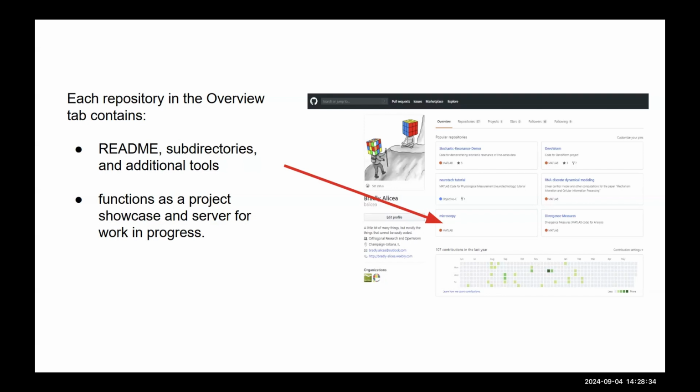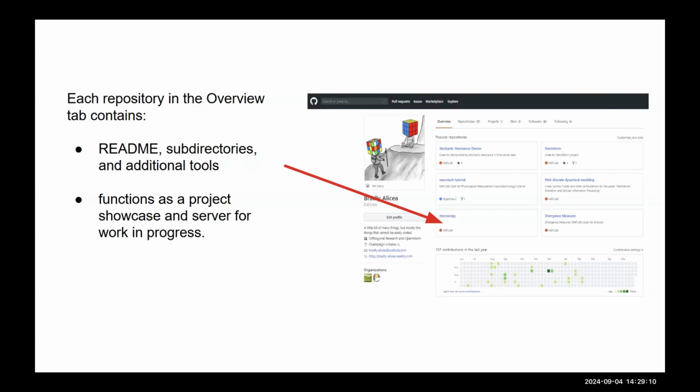And so people can go there and say, oh yeah, this person worked on this project, and they can just go look. And so that's one benefit of having these pins. So that's a feature of GitHub. They also have this little index here, which is like the number of contributions you made per day throughout the year. So this is one of these dashboards, which we'll talk about later. You have an indicator of how much you've been contributing to your own repository. So it's another feature of GitHub.